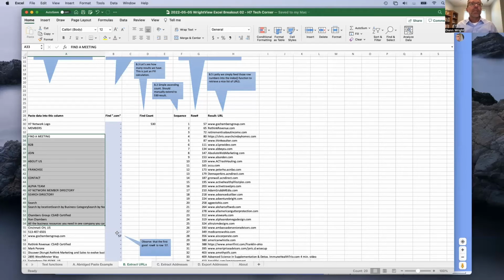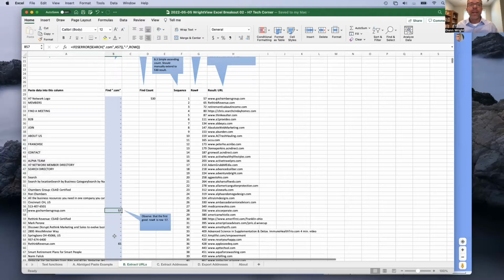So I use that search function that we've talked about before, and I wrapped it in some complex stuff, but essentially it says, if this text contains .com, show me the row number. If it doesn't contain .com, show me a hyphen. So all these are getting an error because they don't contain .com. So we're just trying to get a list of all the rows that contain it, because we want to get that later. And I call your attention to our first good hit on row 57,